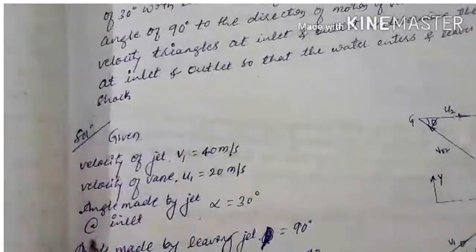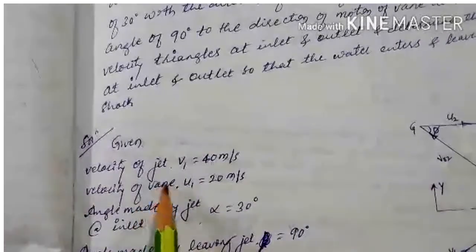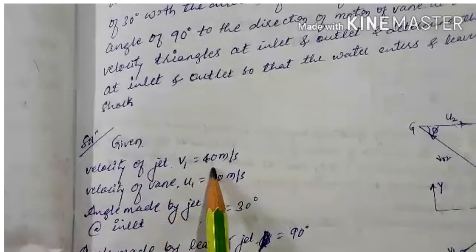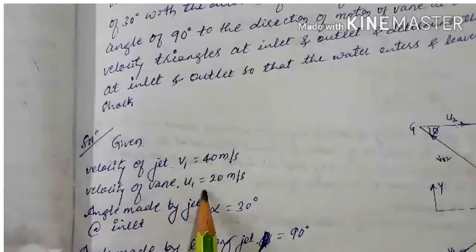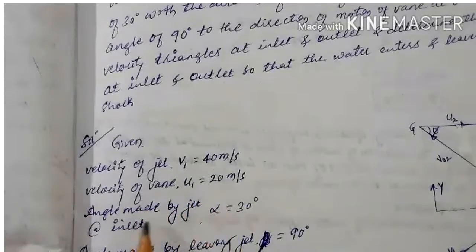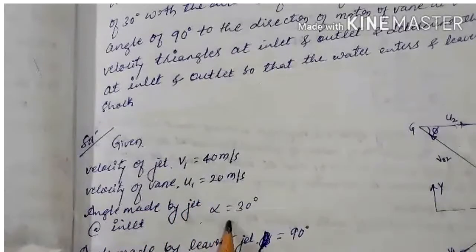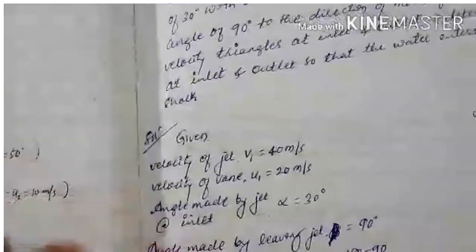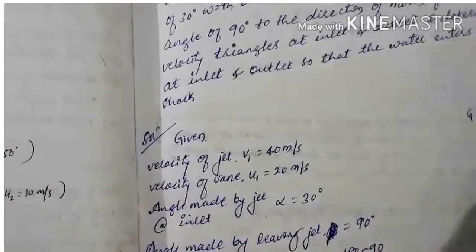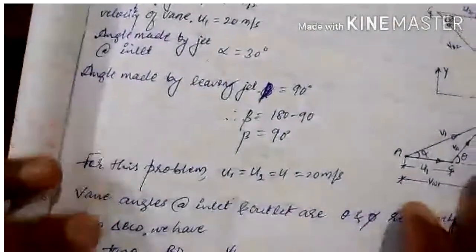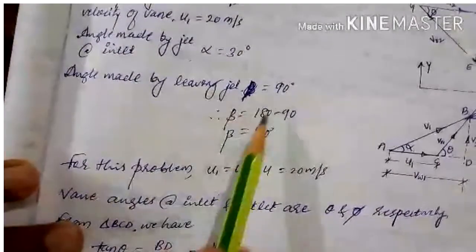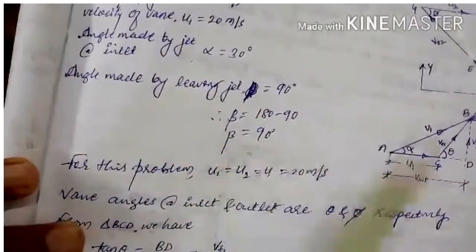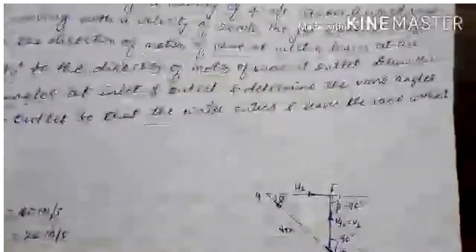So first write the given data. The velocity of jet is given as 40 meters per second, the velocity of vane at inlet is 20 meters per second, the angle made by the jet at inlet, alpha, is 30 degrees, and the angle made by the leaving jet is 90 degrees. Okay, so with the angle made by the leaving jet being 90 degrees, beta is 90 degrees here. So next,